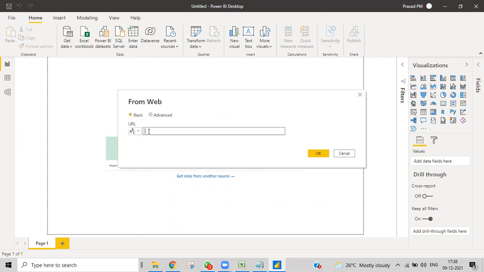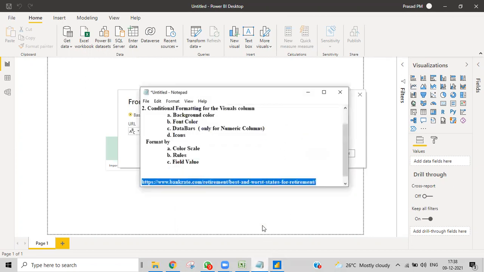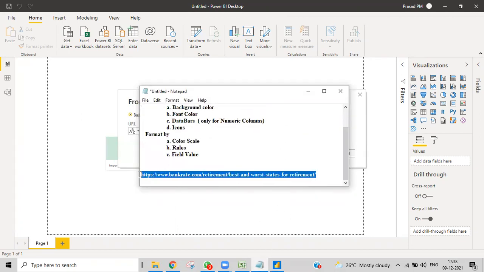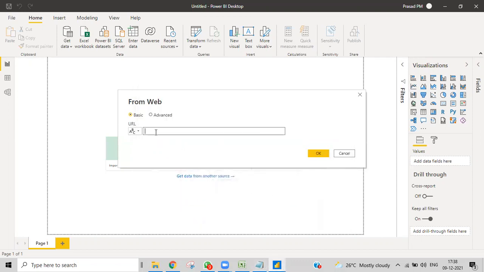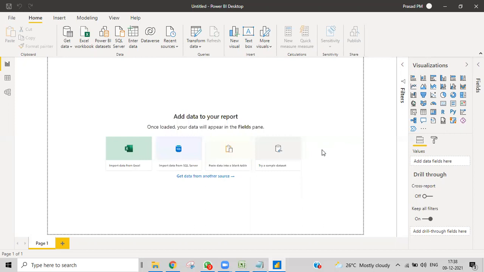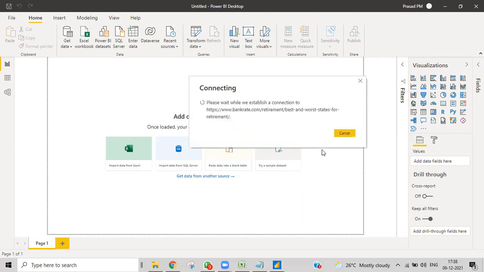Okay, we need to give a URL. So I do have a URL here. I'll just copy this and paste it over here. Okay, next. It takes a little bit of time because it needs to check what data is available in that particular URL.